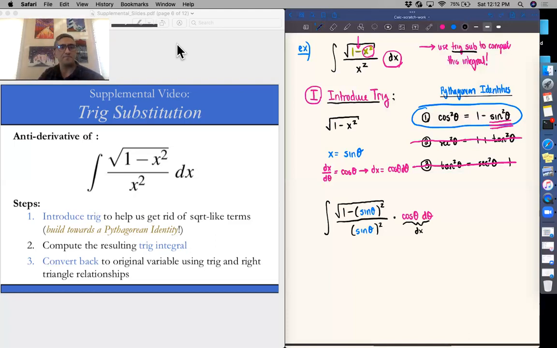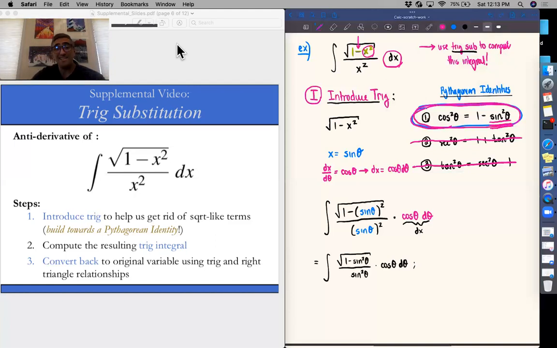All right, at this junction, we just have a little bit of algebraic massaging to do for this integral, basically to help us see what's there. Also to make sure we're getting rid of the square root. So under that square root, we have a 1 minus sine squared after we square what's in parentheses. Down below, we have a sine squared. And we're still multiplying by that cosine d theta. So the whole purpose of this trig substitution is to help us get rid of that square root. In this case, again, going back to our